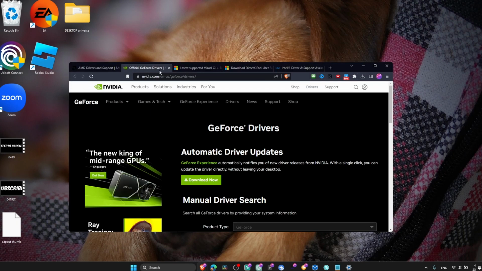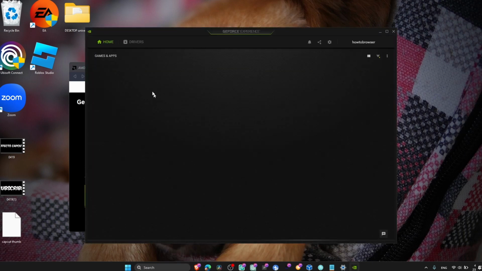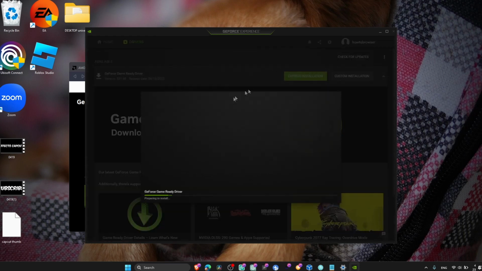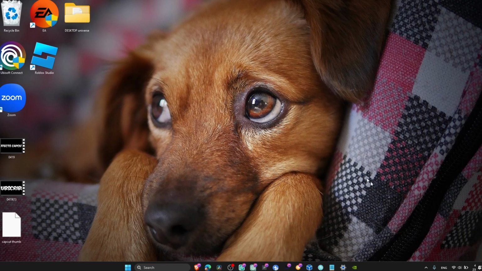And here what you have to do is to install GeForce Experience if you don't have it. This is very good and very important. It's going to help you to install all the drivers onto your computer. Click on check for updates, click on install here so you can install all the drivers. And then also